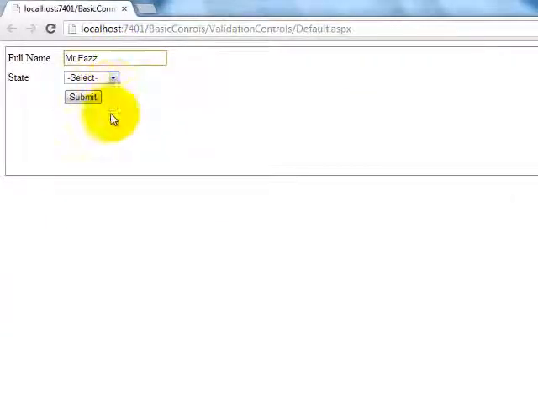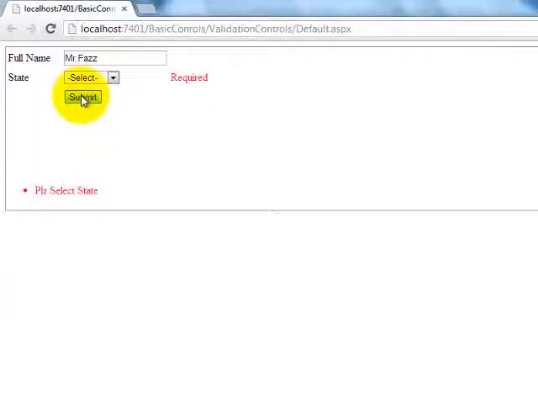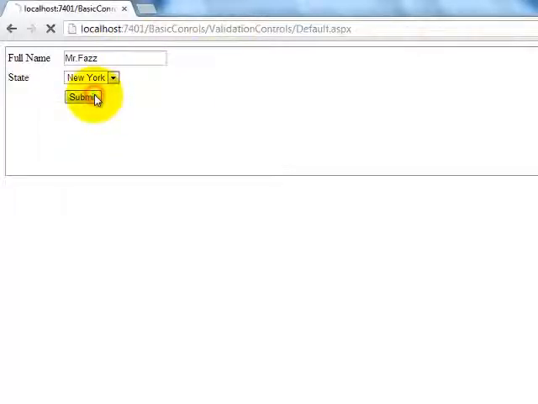Some value, I'll not select any item, submit. You can see here required, please select state. If I select any state, the form will be submitted.